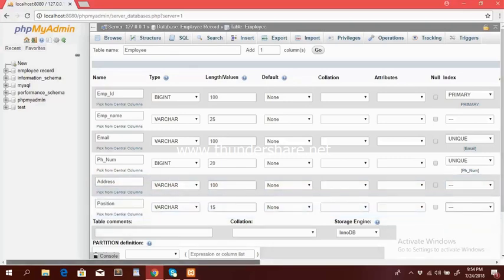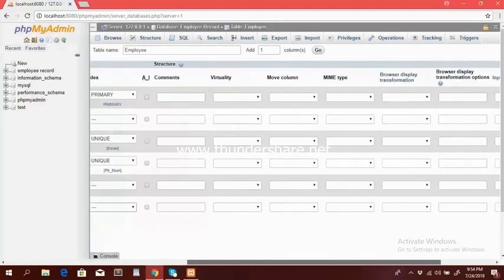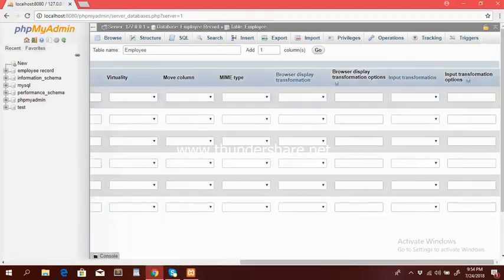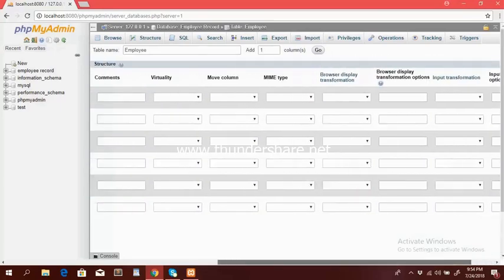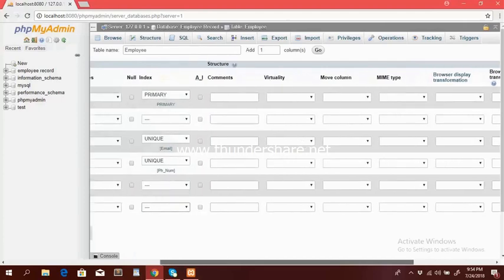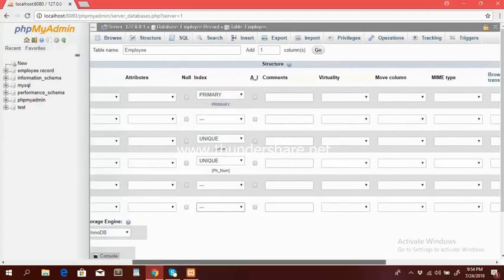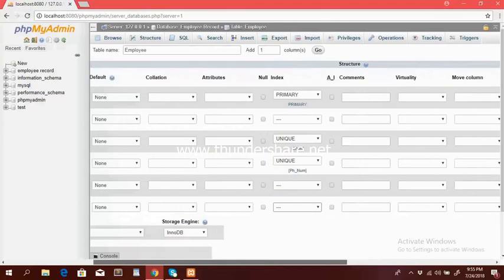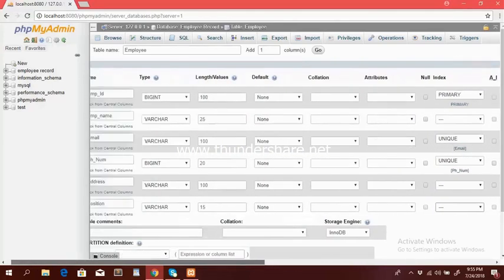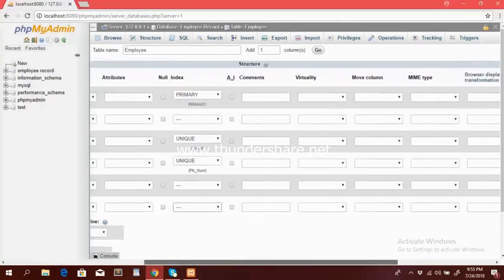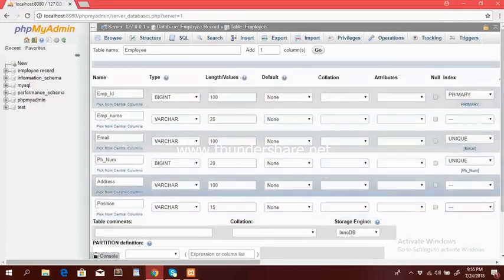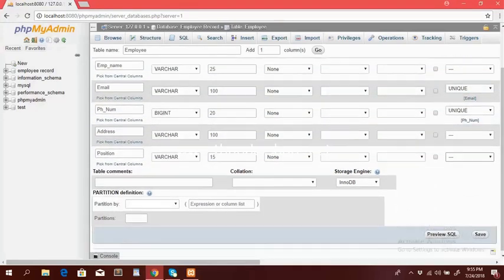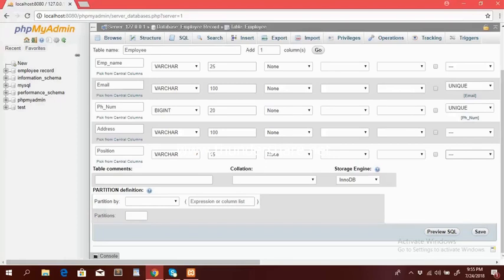So now I've completed this data. You can see a whole lot of information here which is waiting to be filled, but it's not our main concern at this point. Our main concern today is how to create a table and how to create columns. We will individually discuss all of these once we proceed further. So all I'm going to do is click on the save button,